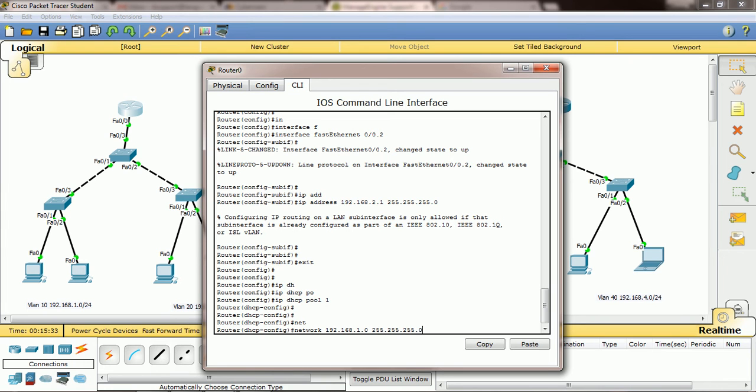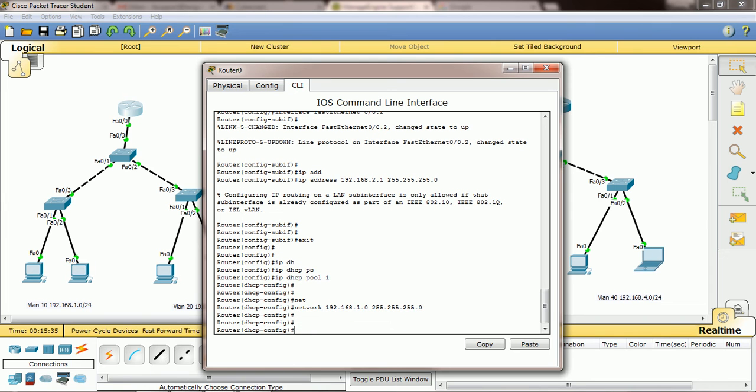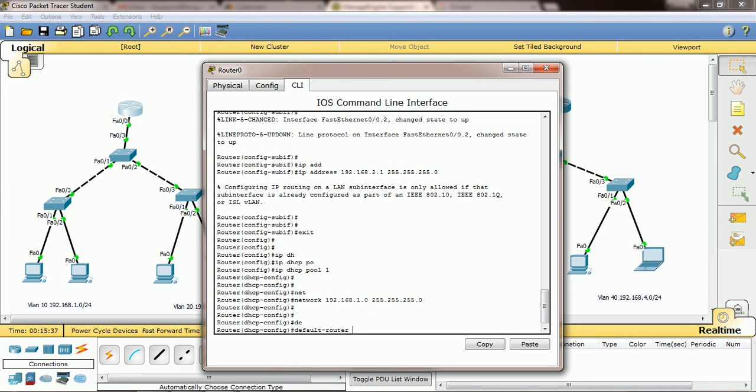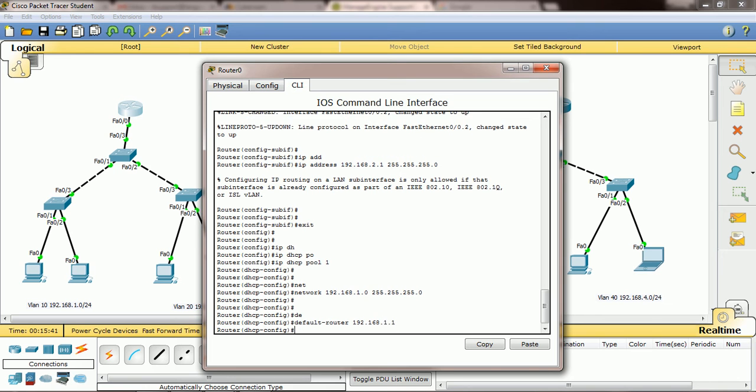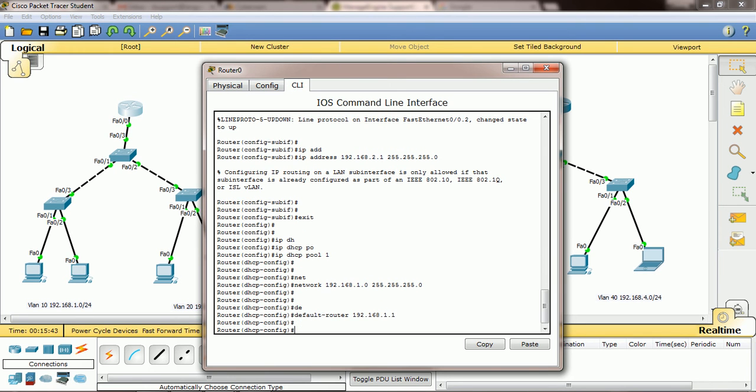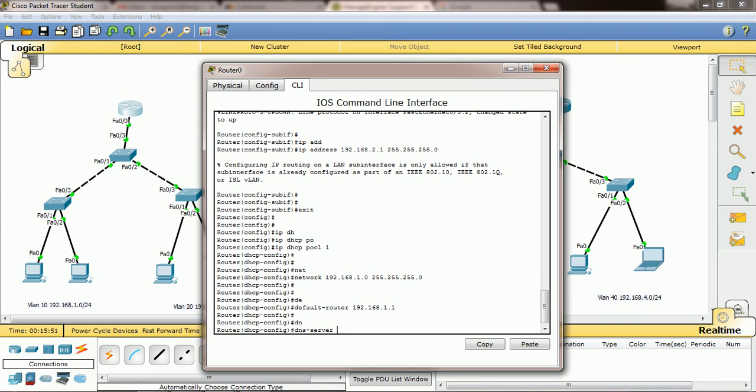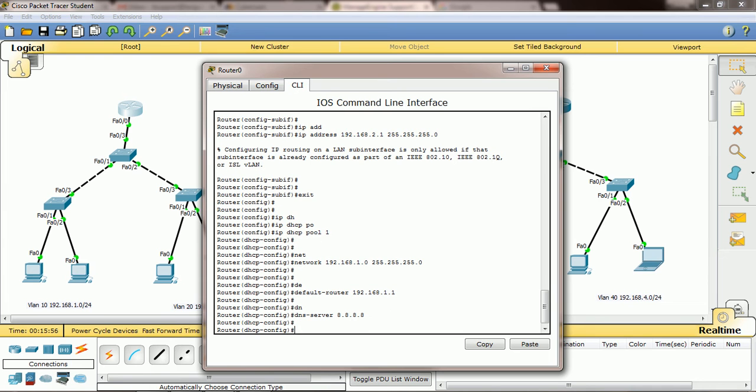This network is going to use the DHCP service, right? Here you need to mention the default router, who is the default gateway for this network. So 1.1 is the default gateway. Then if you want to assign DNS, you can assign like dns-server 8.8.8.8. Like this you can assign the DNS server also.